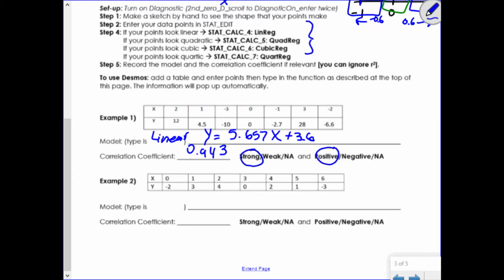Oh, this one, you guys see how the X's are now in order? So for this one, it's actually faster to do a quick sketch. If you just do a quick sketch for yourself, it'll make it a lot faster and easier. So I have 0 at -2, 1 at 3, 2 at 4, 3 at 0, 4 at 2, 5 at 1, 6 at -3. If I connect the dots,